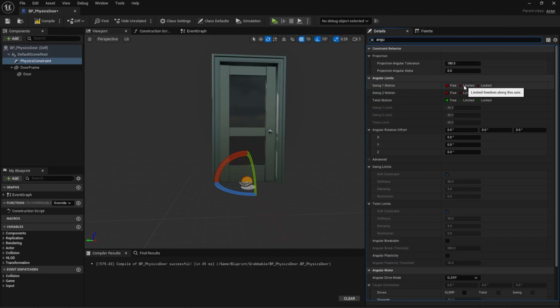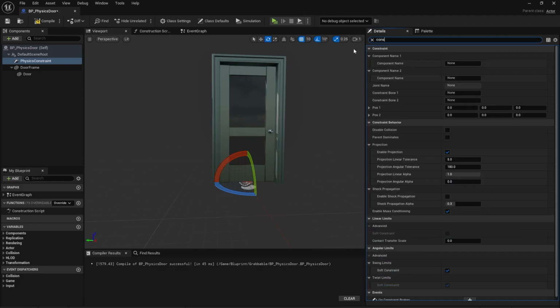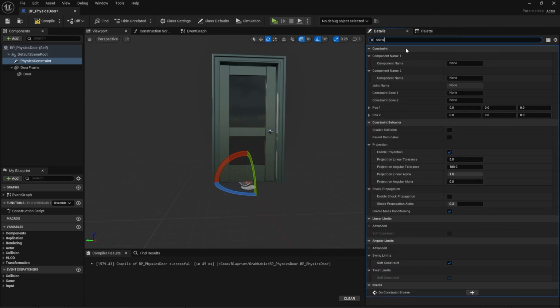So in swing one motion set to limited, and swing two motion set locked, also twist motion set to locked, and swing one limit value set to 90. So swing one is Z rotation, limited caps at 90, locked prevents other rotation. The icon updates visually, ensuring the door opens one way only. Now in the details, search constraint, you can find constraint